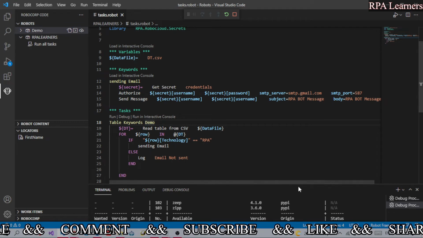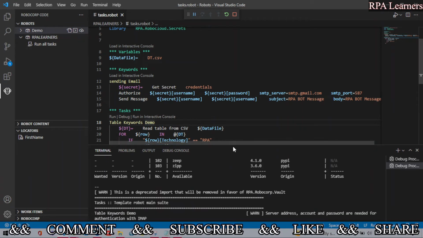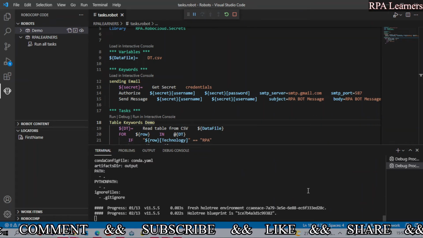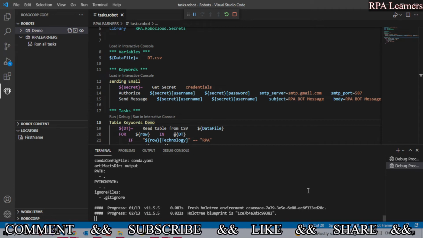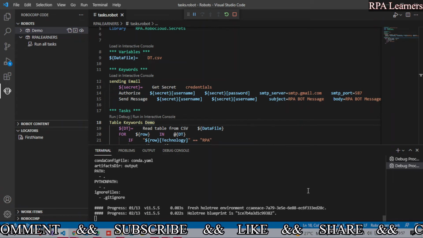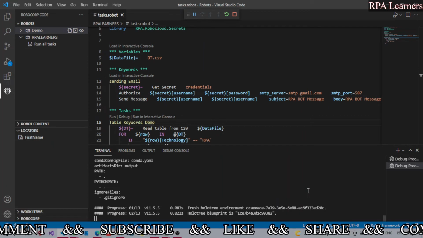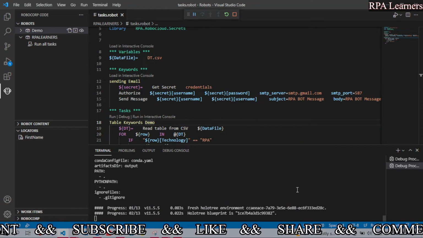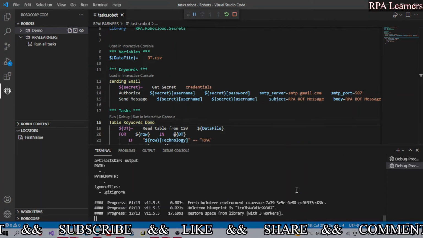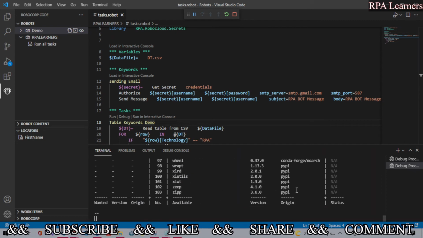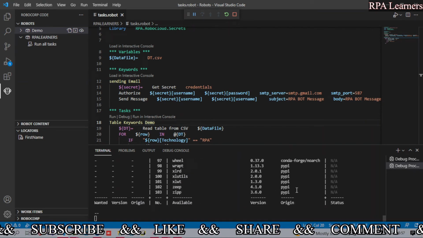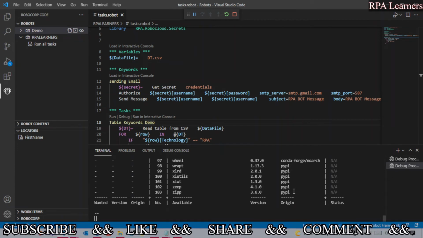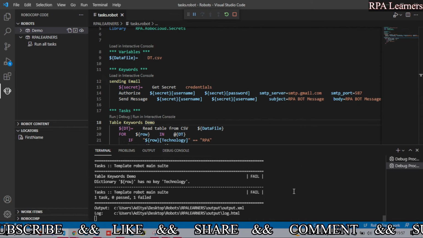Let's wait for the execution to complete, and then we will see whether we are able to successfully complete it or not. And this is how we can send the email.